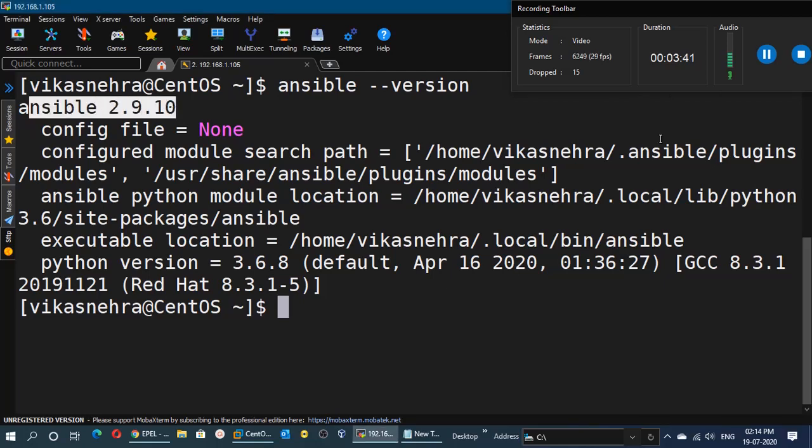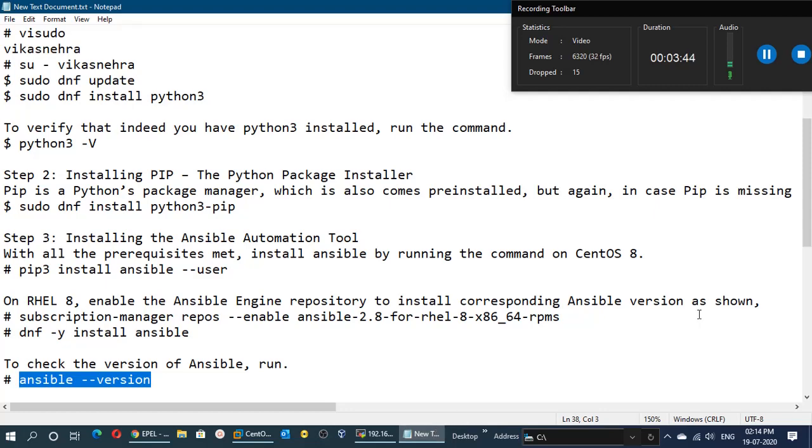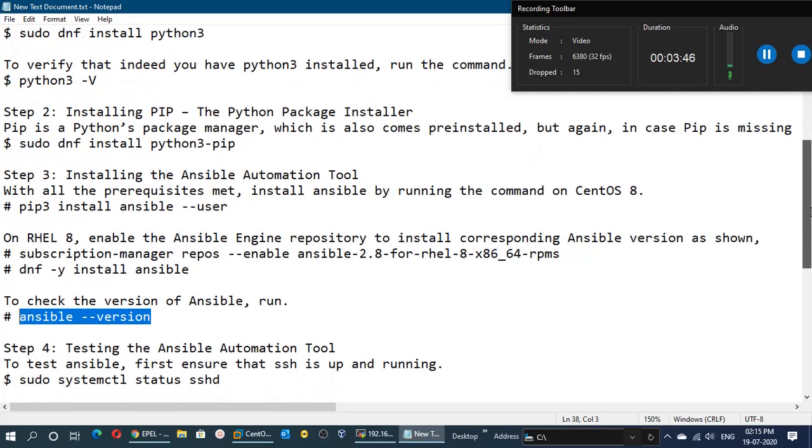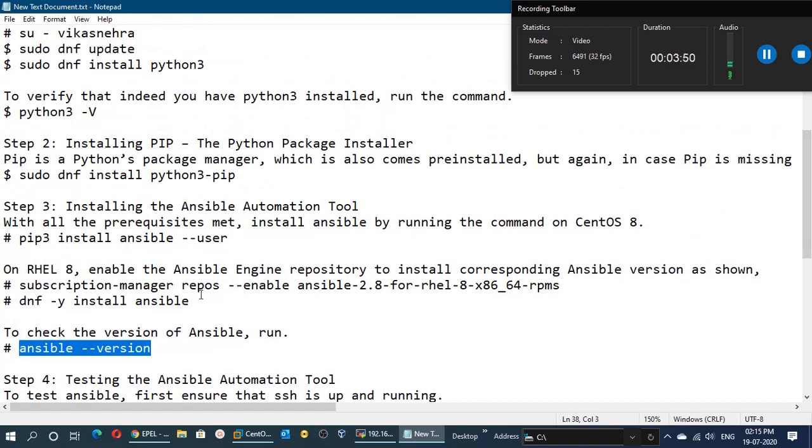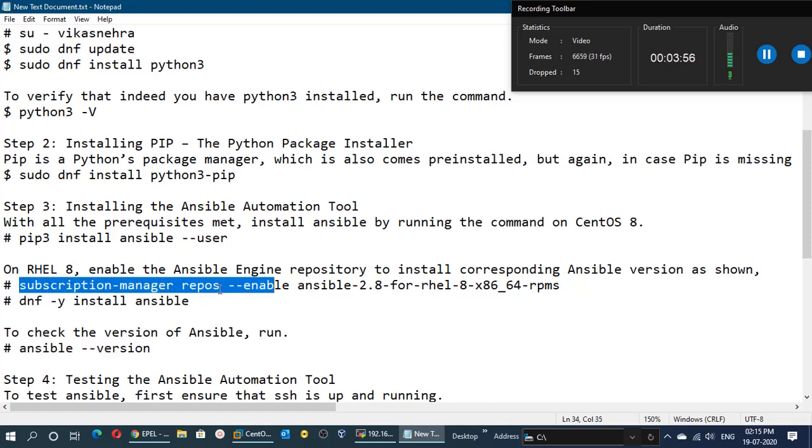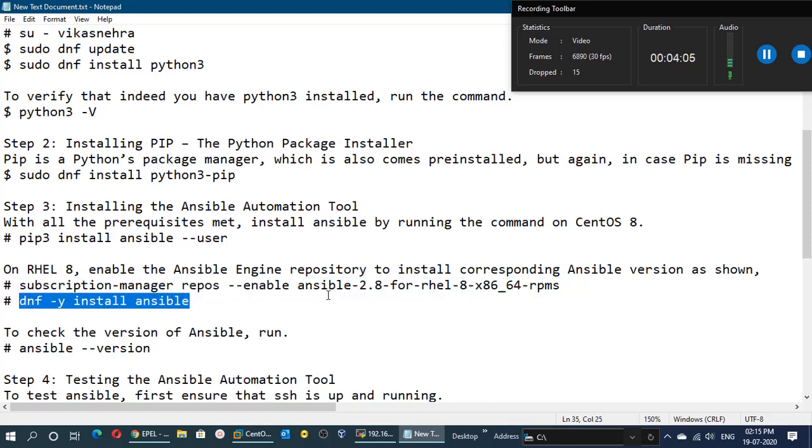Now in the next step we will test the Ansible automation tool. This was the method of installation of Ansible on CentOS 8. On RHEL 8 you have to run this subscription manager command to enable the Ansible repo, and after that you can run dnf or yum command to install the Ansible.